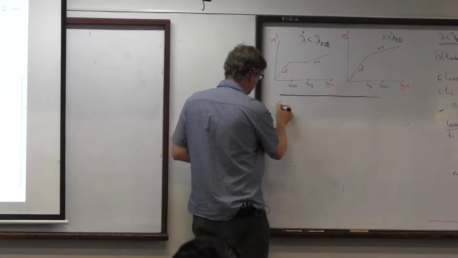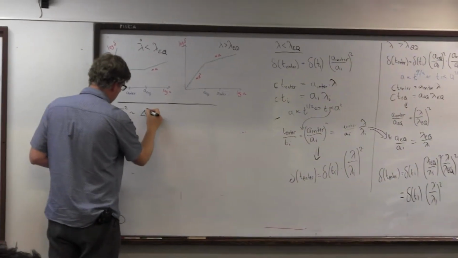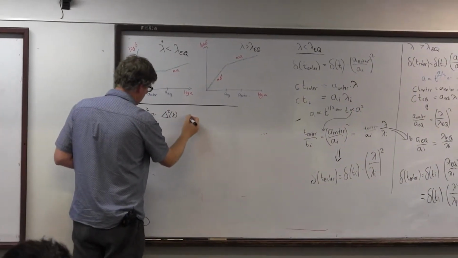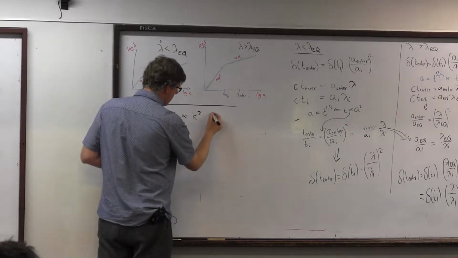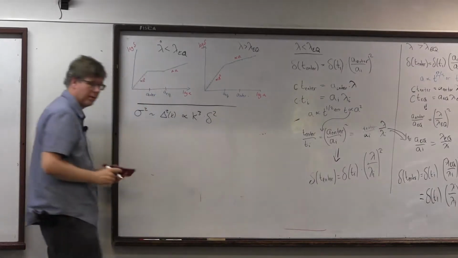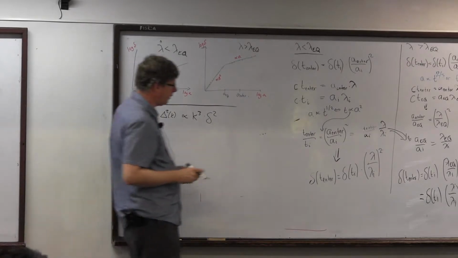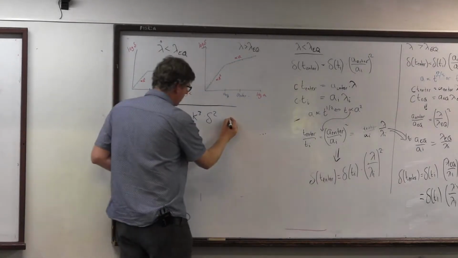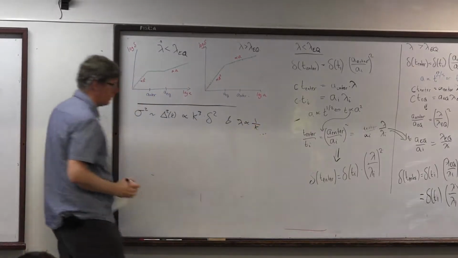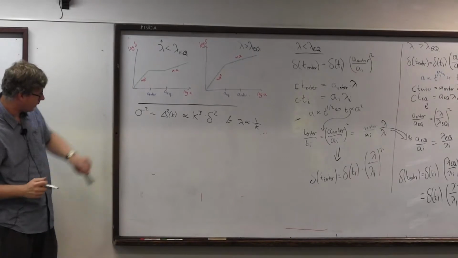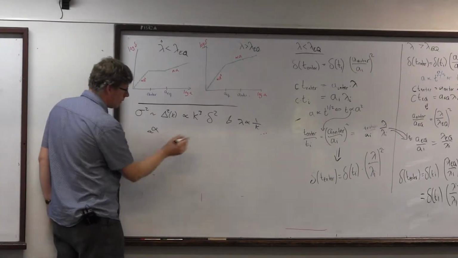So sigma squared, that's proportional to k cubed times delta squared. And if I put that in here, remember lambda is proportional to 1 over k. So I can now put that in the equation there, and I get sigma is going to be proportional to